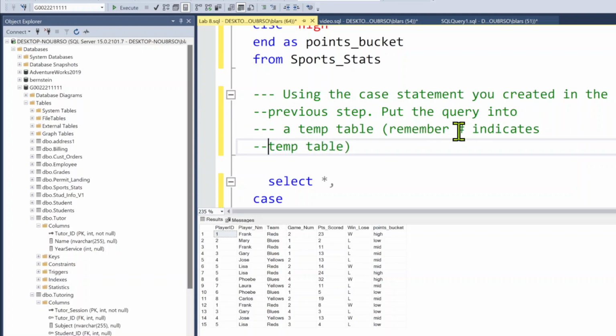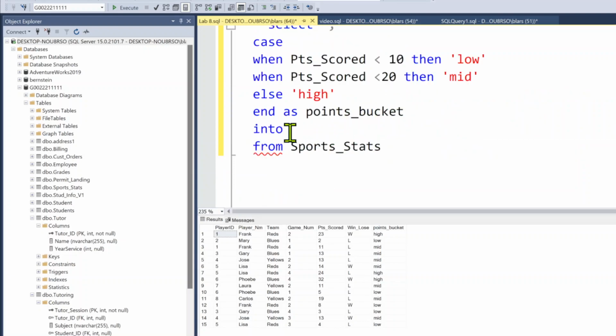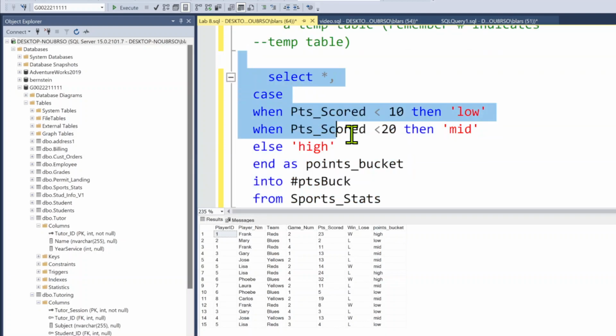So remember, temp table is indicated with the pound sign. So we go up in front here and we say pound. We can just call this temp1, or you can name it whatever you want. You don't have to name it temp. I'm actually going to name it points buck. Okay. Run this whole statement